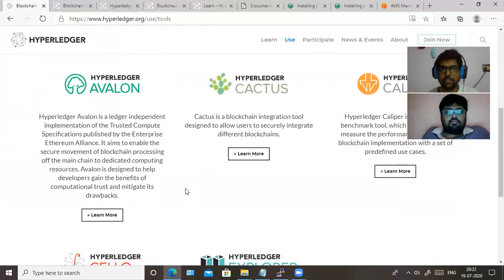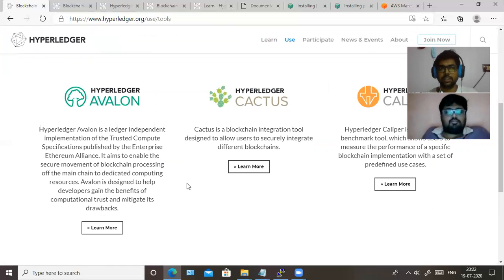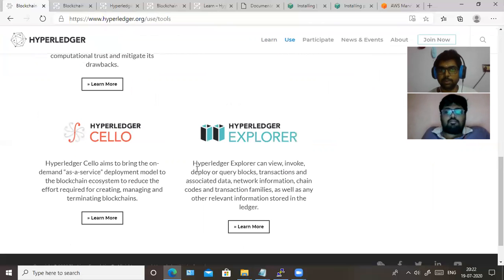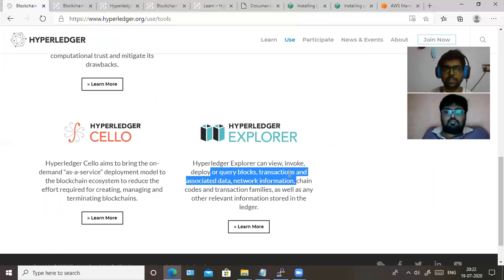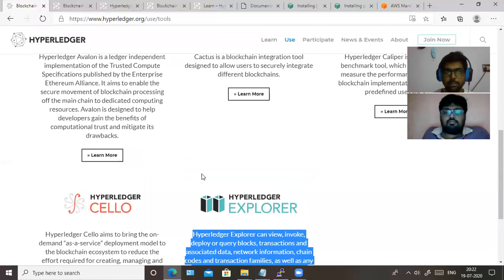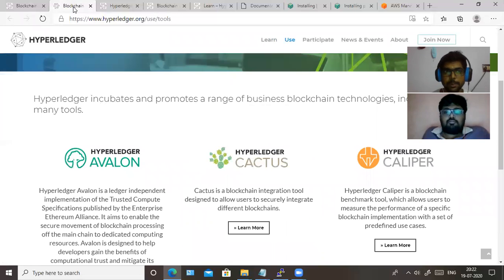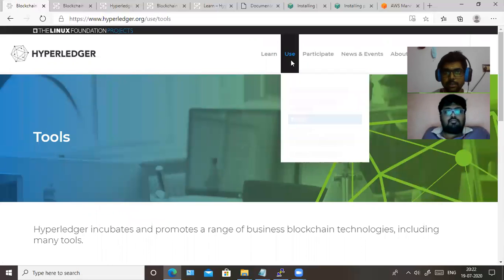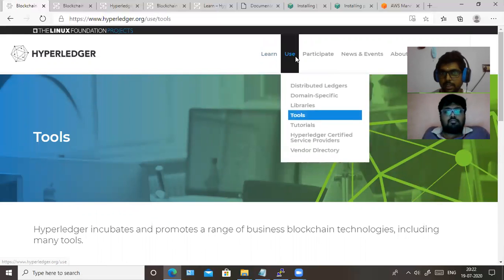These are not actually Hyperledger frameworks, like blockchain frameworks. They give some additional tools. For example, if you use Hyperledger Explorer, you can query the blocks and see the transaction and network information in your blockchain network. You can see all the blocks and how it has been deployed. You can also learn more about Hyperledger here. Then I can also show you some Hyperledger